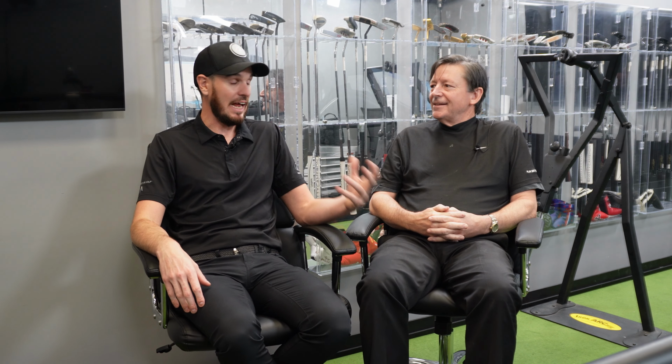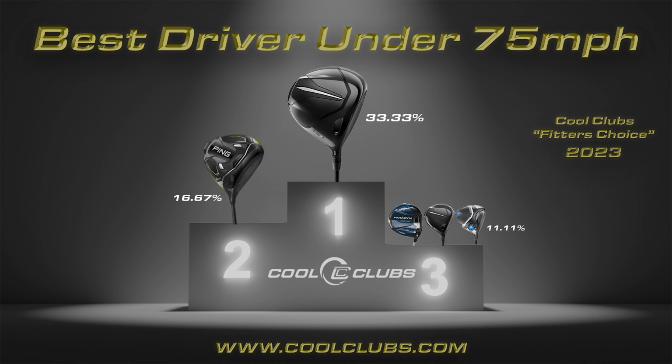In this case, it wasn't as close, but the G430 Max got second in that vote. That makes sense, right? That was the most forgiving driver we had tested. The downside to the Ping stuff in general is they tend to be heavier heads. So if you get someone who's really looking for distance, that weight is actually what affects it